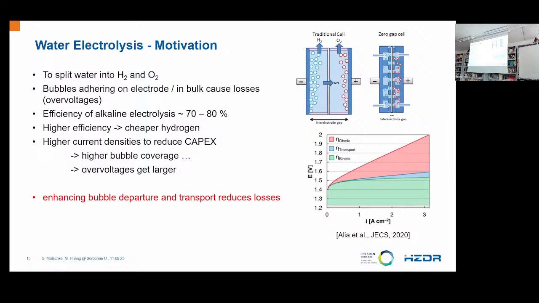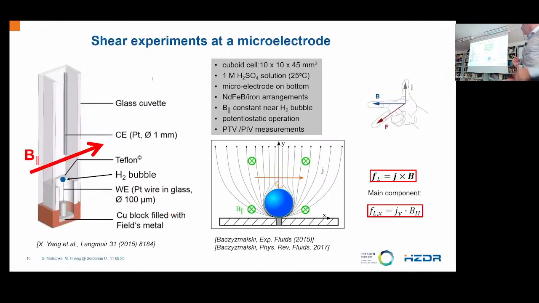Now I come to another example, which is a bit related to electrolysis that we did a while ago, and because of that I want to give a very brief introduction. So in water electrolysis, you try to split water into the gases hydrogen and oxygen, and the efficiency is not at 100%. There are losses which are partly related to the existence of the bubbles residing at the electrode or being present in the volume of the electrolyte. So what you want to do is you want to shear these bubbles quickly away from the electrode, and you want to advect them quickly upwards out of the region of interest in order to enhance the efficiency. And in order to study how this could be achieved by magnetic forces, we